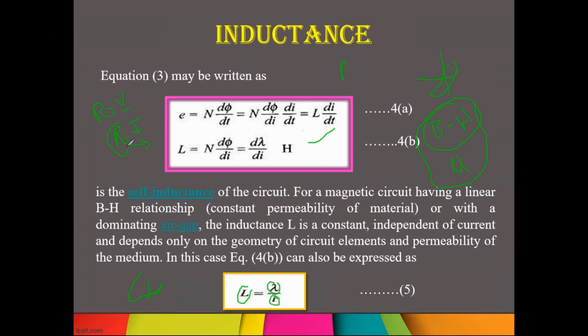Okay na? So that is the difference between resistance and inductance in the circuit. Resistance opposes the flow of current and inductance controls the flow of current. That is the difference between an inductor and a resistor in a circuit. And this is given by L is equal to lambda by I.